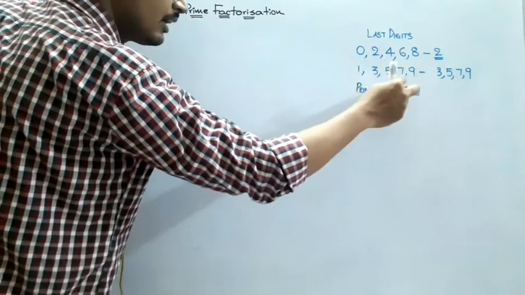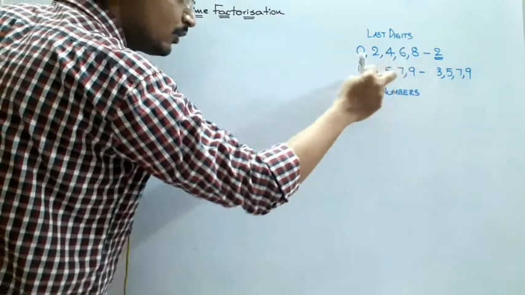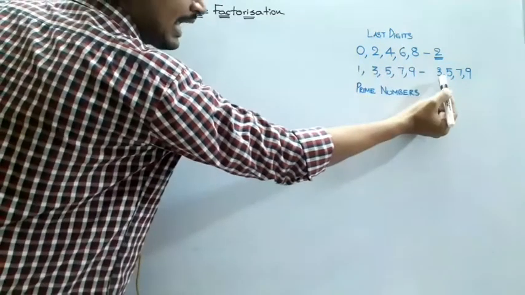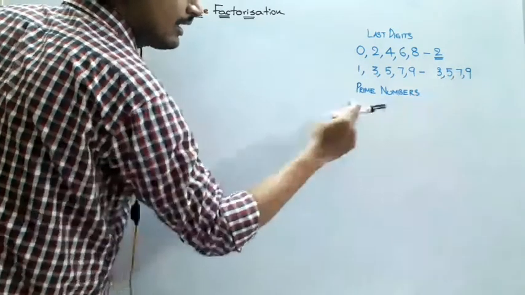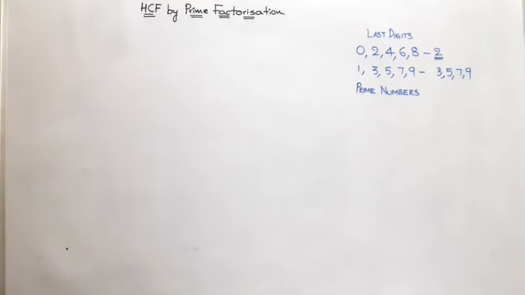And if the last digit is even though these numbers but not at all going to be cancelled in 3, 5, 7 or 9, then we have to check with prime numbers. I will show you. First, look at the board, children. I want to give you an example so that you can understand the concept better.